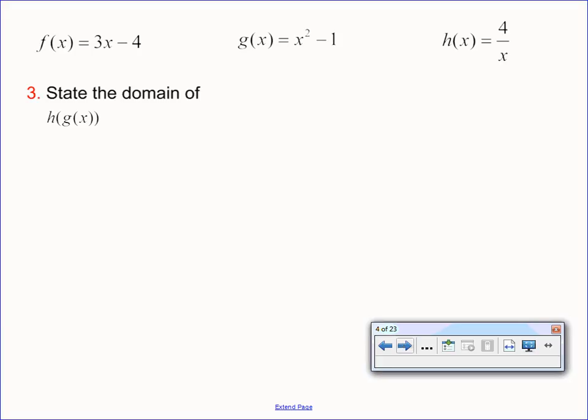Consider the domain now of a composition of functions h of g of x. And so we can do this a couple different ways. I think the easiest way, and allows us some practice with our composition of functions, is to find a simplified expression for h of g of x first. Then consider our domain issues that we might have, if any, next. So we'll go ahead and go h of g of x. I'll rewrite that as